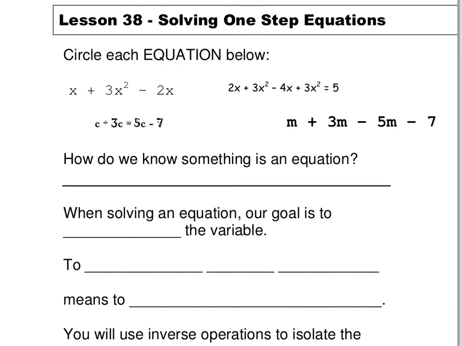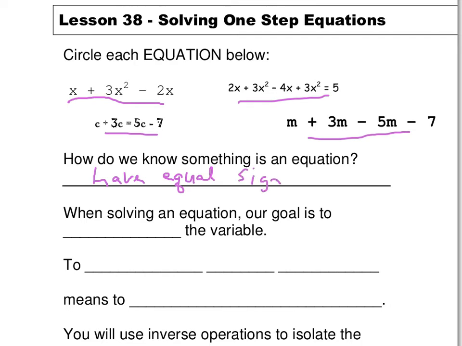How do we know something is an equation? If we look at these, all of these have some variables and some numbers, and they all look alike. The difference is there's two of them that are equations. Equations have an equal sign. So if you look at the top, how do you know something is an equation? Which ones